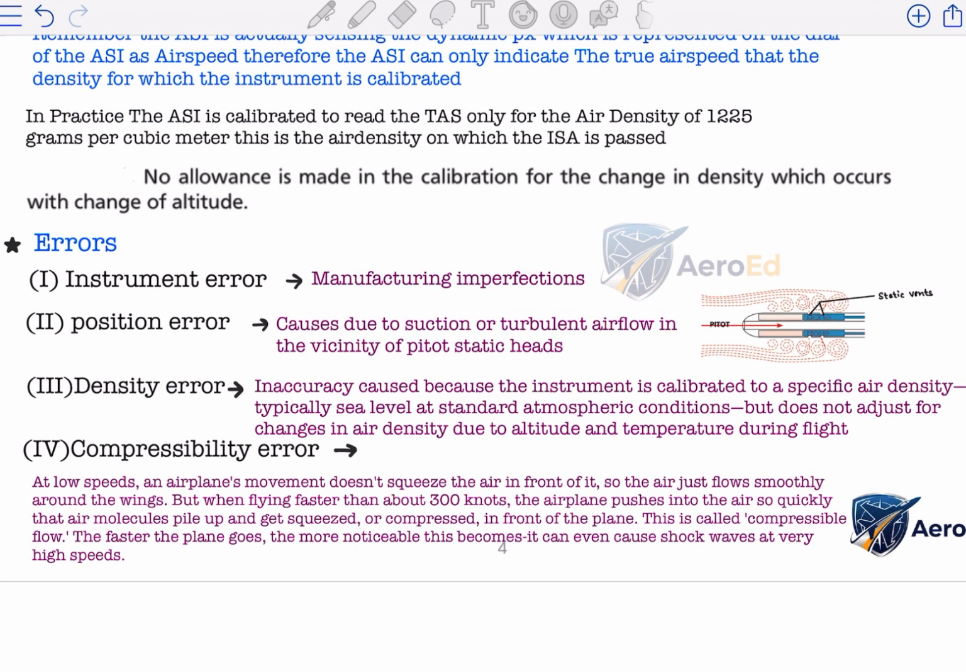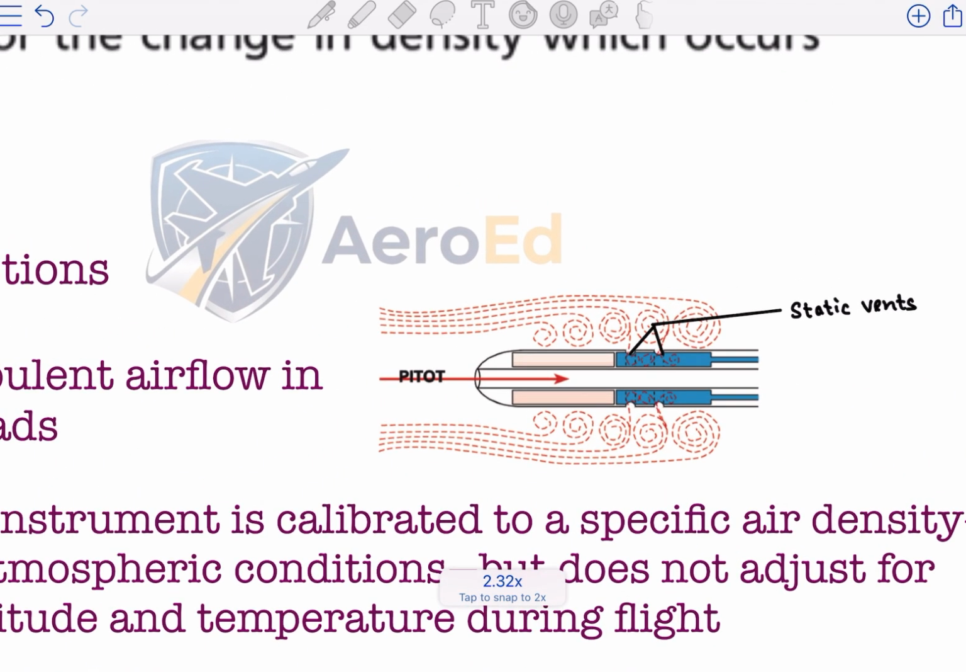So now I will explain to you the errors of the airspeed indicator. The first error is instrument error, which is the errors or defects caused by the manufacturer or manufacturing imperfections. Next error is position error, caused due to suction or turbulent airflow in the vicinity of pitot or static heads. I have already explained this in the previous video, but still I can give you a summary of it: it happens due to the suction effect around the vicinity of pitot and static heads,